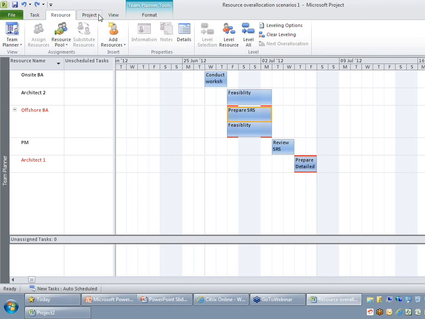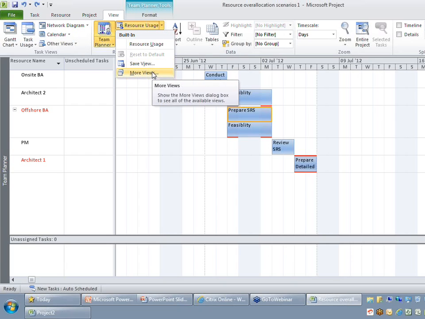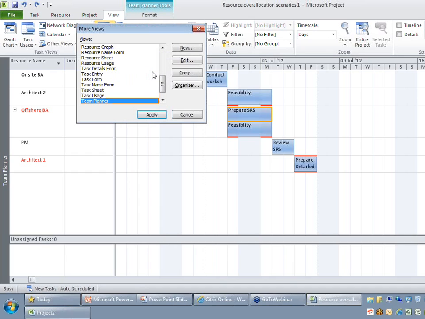So the way to do it is go back to the view and search for a view called resource allocation view. I'm just going to pull this drop down and say more views, where you can go for a view called resource allocation.